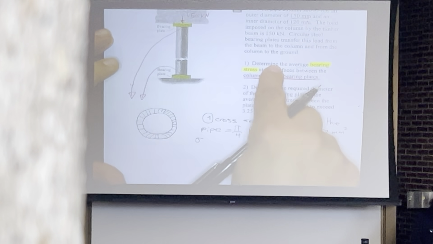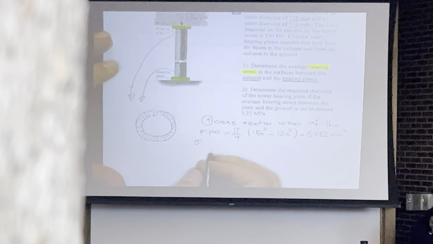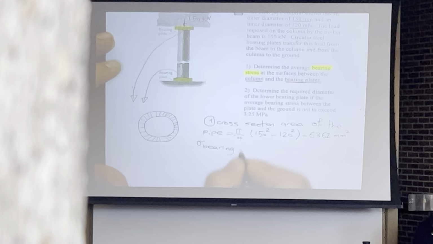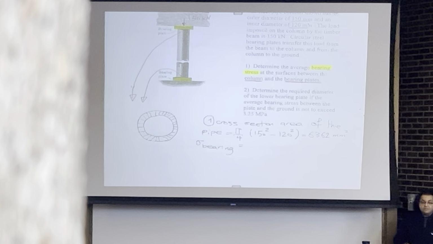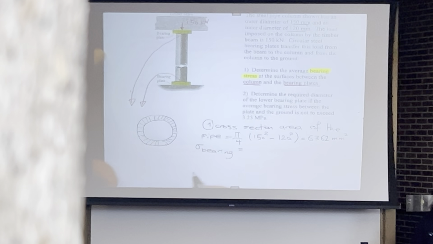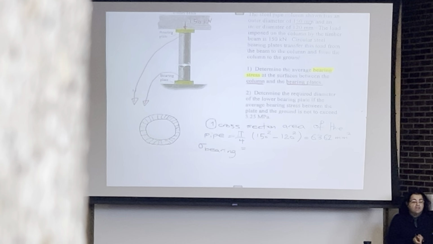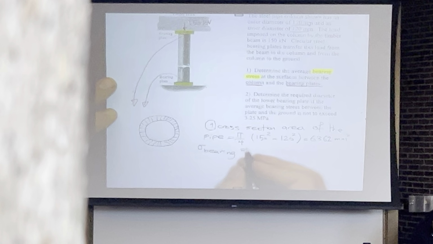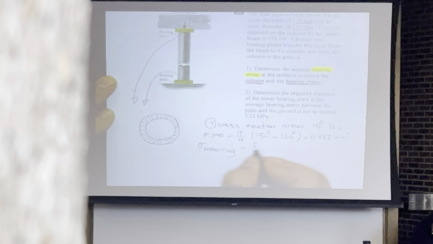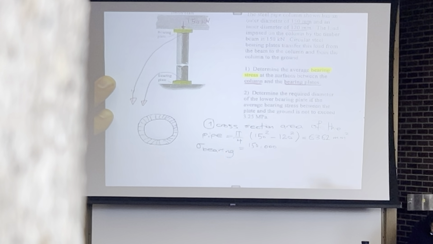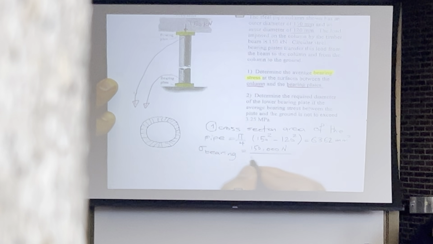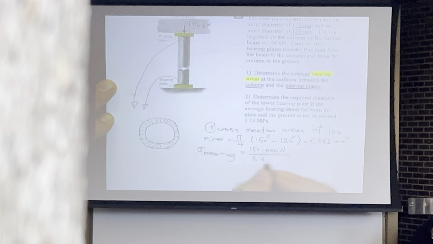The problem is asking to determine the average bearing stress. So sigma bearing in average is going to be the normal force, the 150 kilonewton that is applied to the column. This force is directly applied to the column and is being supported by the column. So it's going to be 150, I'm going to write that in Newton, divided by the area, which is 6,362